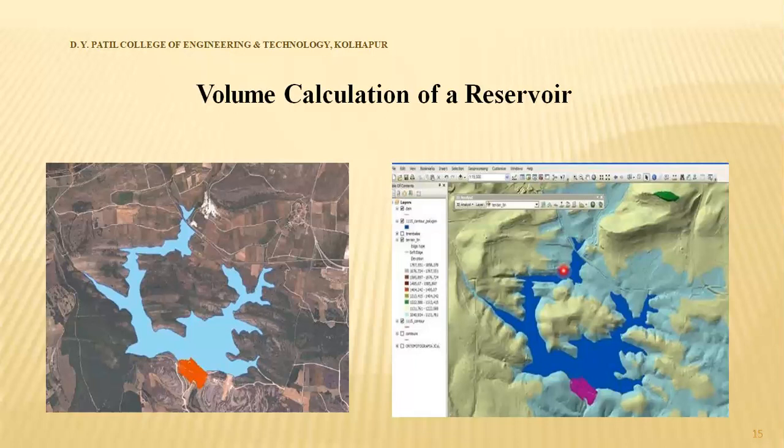By using GIS, if the map is available, we can find out the area. There are softwares like ArcGIS and QGIS. By using those softwares, we can easily find out the volume as well as area of any shape, any size.